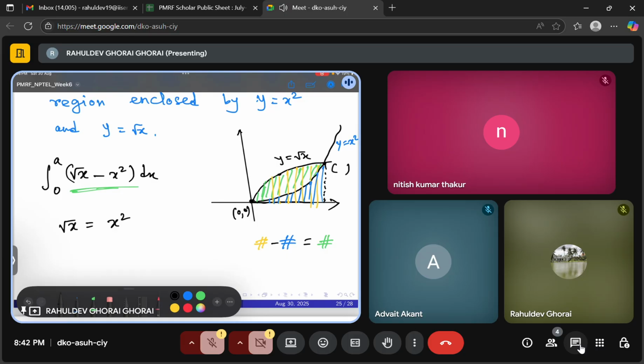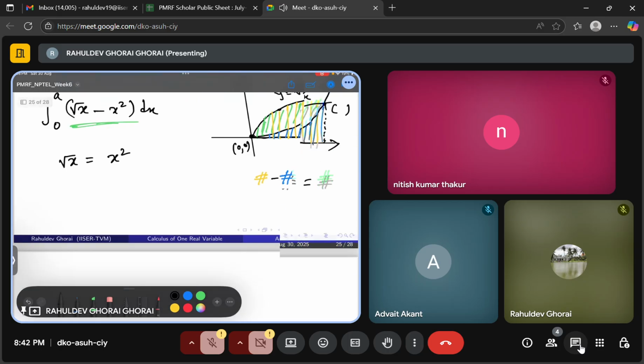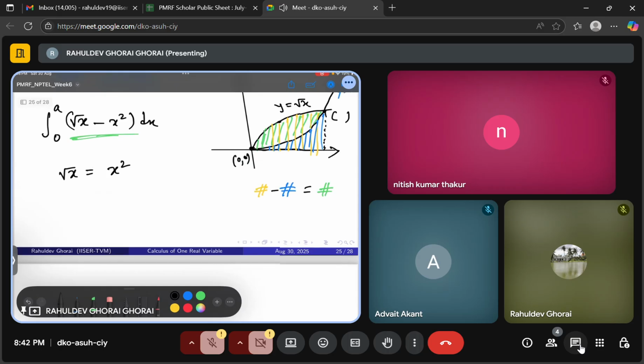So one point is (0, 0), that is true, that we have seen. But at what other point are they equal? You can see x equal to 1 also will be another point, one possibility, right? And all other points are not, because